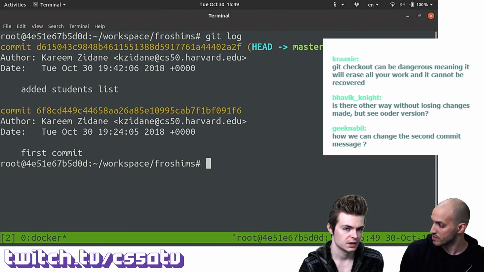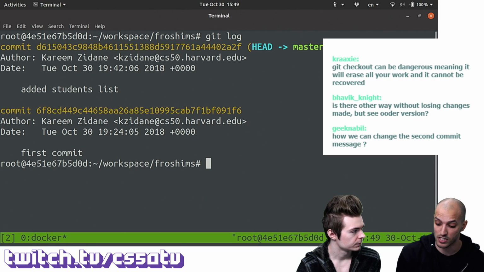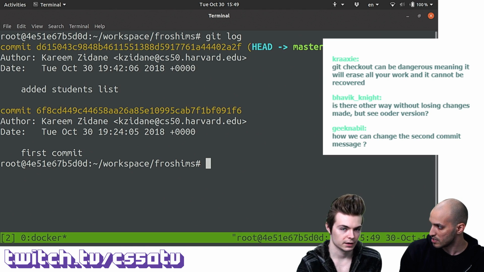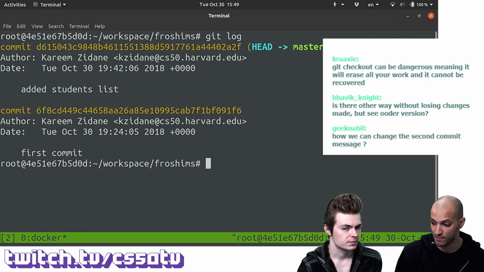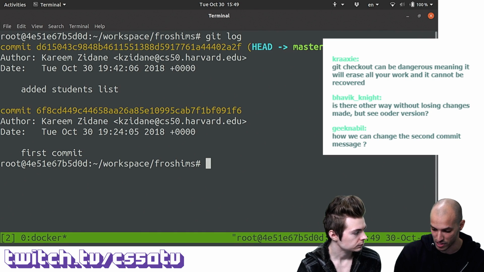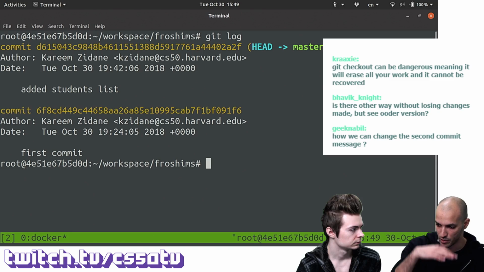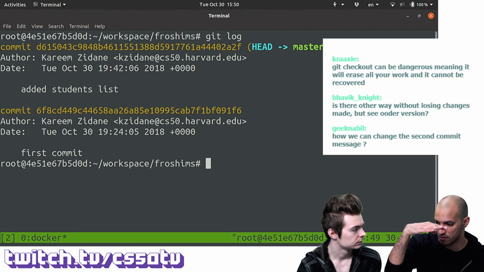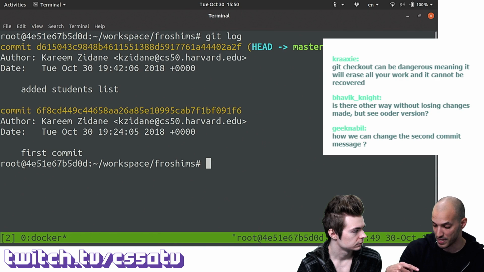Does that make sense? Is head always the topmost commit? Head is not always the topmost commit; head is always where you are in the repository. We're going to talk about Git branches later, but imagine we have 10 commits. We could stop on the third one, or change our state to be the same as it was in the third commit. In this case, head is going to be pointing to this commit.